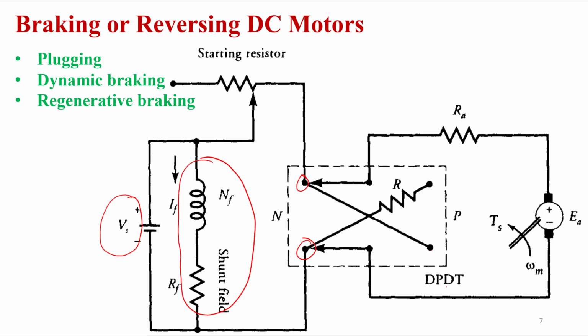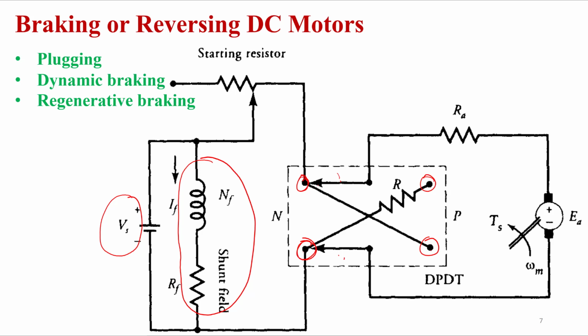Double pole means we have two poles here. We can see two poles, and this is your switch, the arrow mark I am showing here. Double throw means in one throw it will open the circuit. It is not like an MCB, which is a single throw, just on and off. But here we are opening the circuit in one throw and in the next throw we are closing again. That is called a double throw switch.